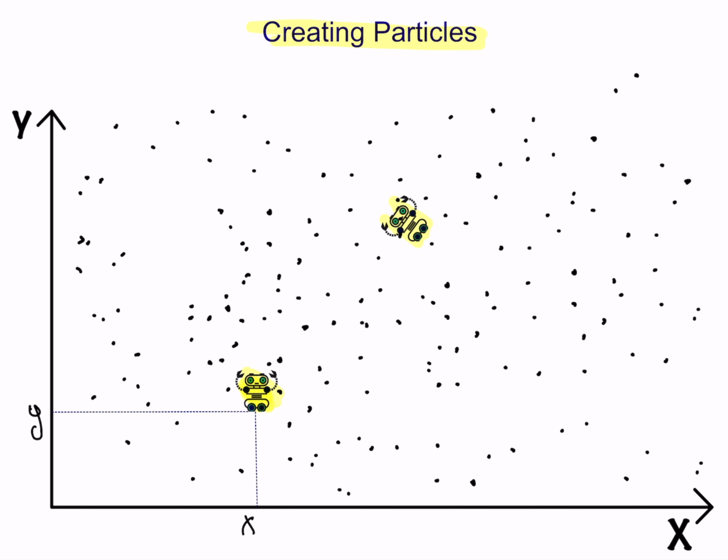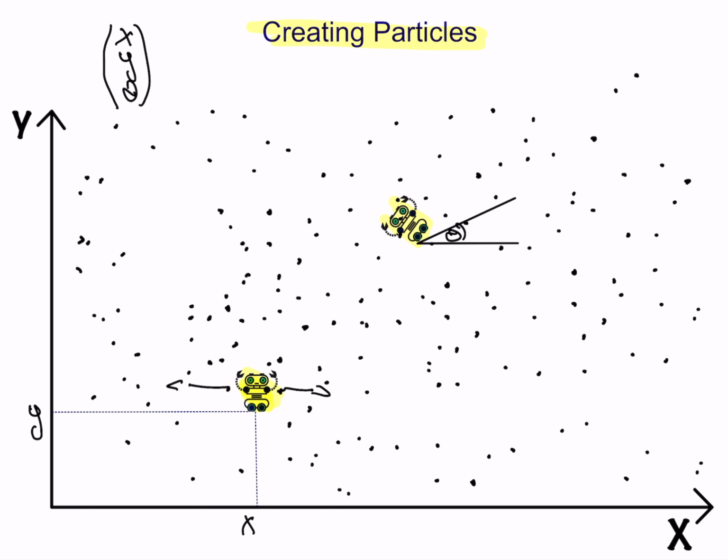In our example, if the orientation is 0 degrees, the robot can move along the x-axis. If the orientation is 90 degrees, the robot can move along the y-axis. And if the orientation is, let's say, 30 degrees, the robot can move along this line. So our robot has three parameters. It has X, it has Y, and it also has orientation.